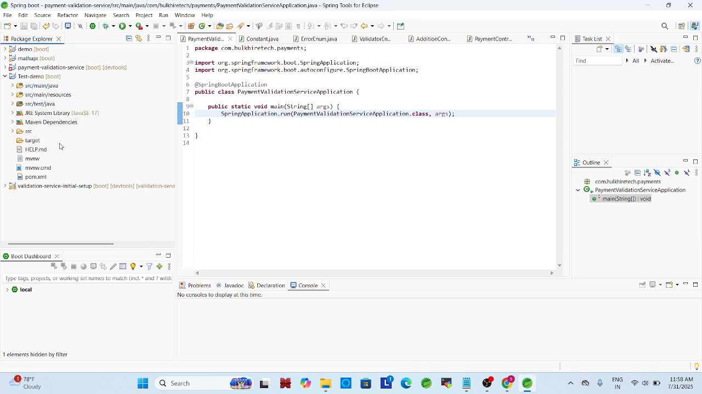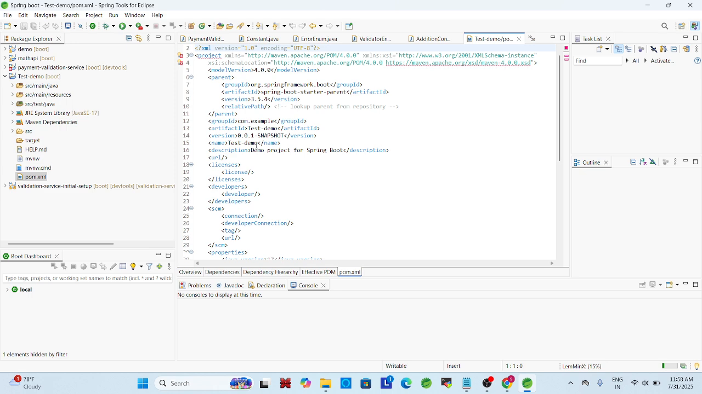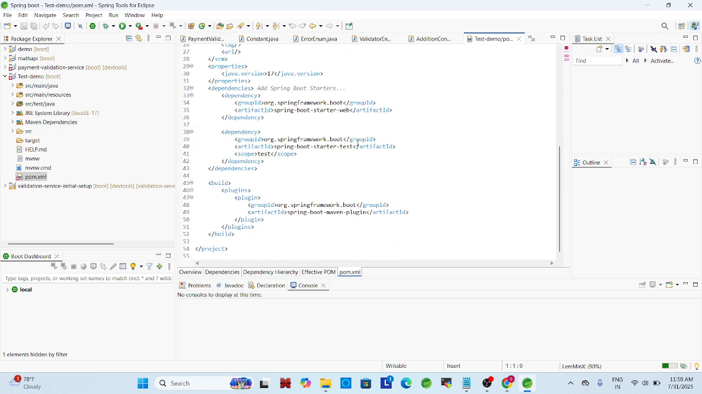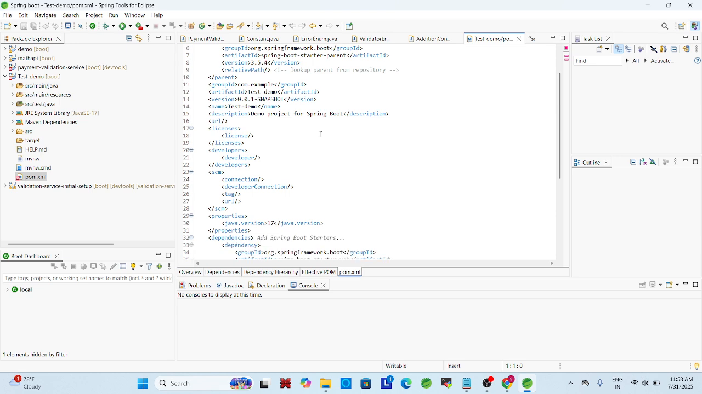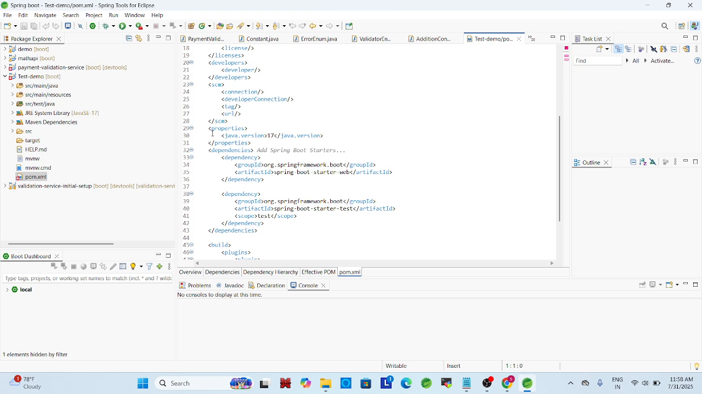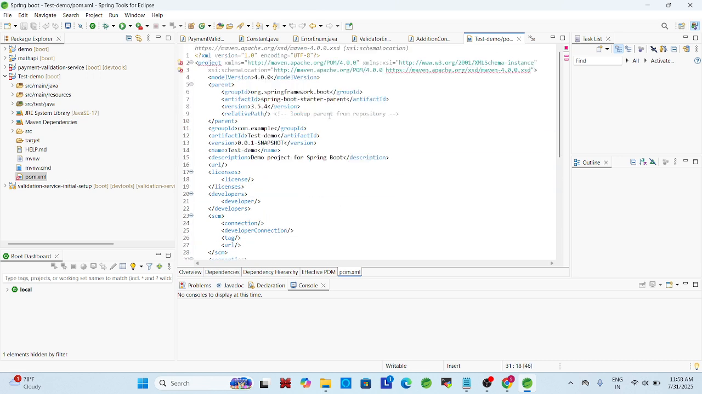Now once we have opened the project, let's take a moment to explore the structure. First we have pom.xml here. This file manages your dependencies using Maven. You will see your entries like Spring Boot Starter Web, Spring Boot Starter Test, built-in plugins, and Java version here. We can see our Java version 17 here, and then we will go to src/main